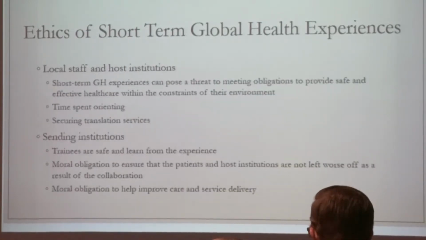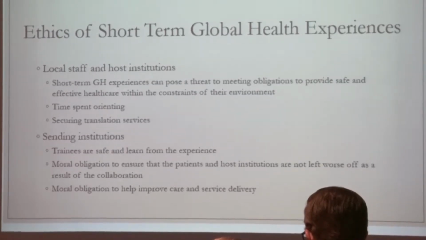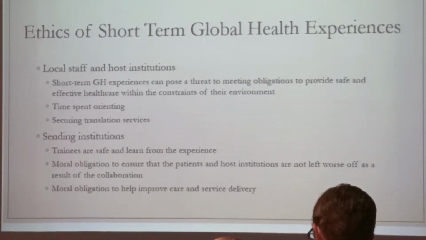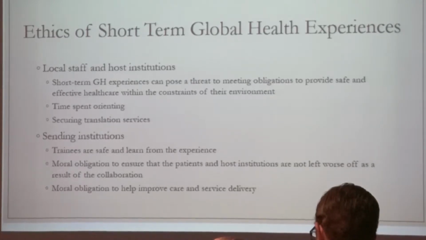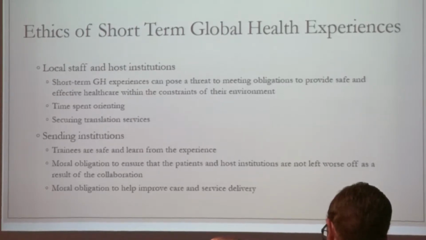Two other groups are the local staff and the host institutions. So it may pose a threat to meeting obligations to provide safe and effective health care within the constraints of their environment. The local staff can spend a lot of time orienting people who are coming there, and it may be hard to secure translation services. So just like our example, that first day we had no translators yet, and it takes time to get that